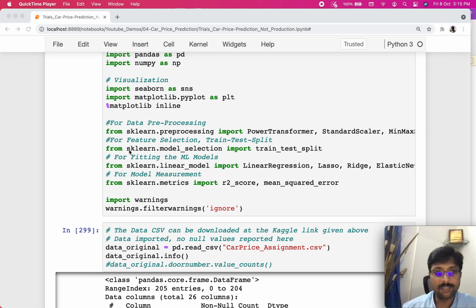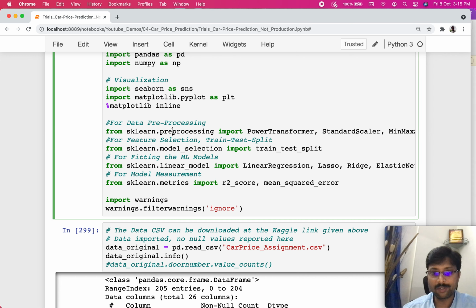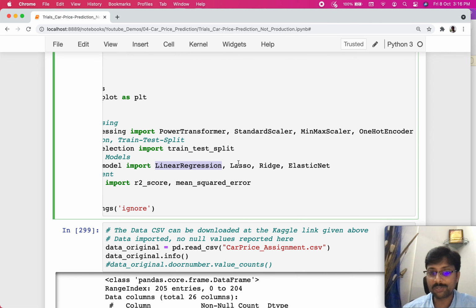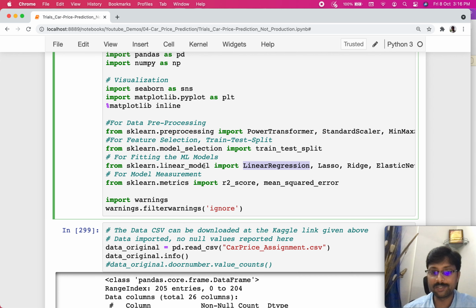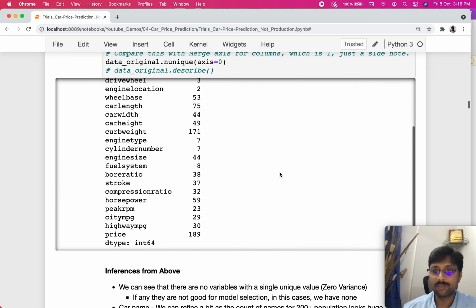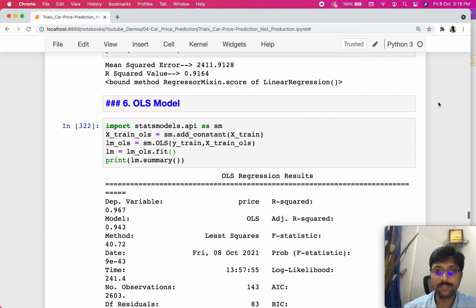So there is model_selection within sklearn, right? Sklearn implements pre-processing and data scaling libraries, and for model selection there is train_test_split, and finally the linear regression and some of the other models that I was talking about were also implemented by sklearn as well, right? And it also has a metrics library, which has some objects which will help us to measure the accuracy of the models, right? So moving to the model again.